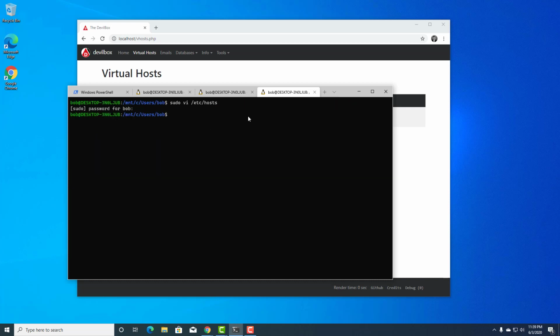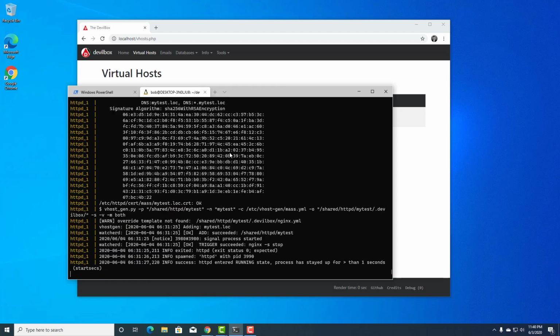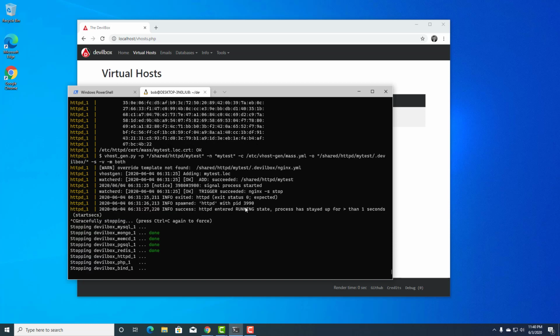Alright, so in my case, I didn't add anything because I wanted to show you how to restart Ubuntu. There is no simple way to do that. The official manual says that you need to restart your Windows in order to restart Ubuntu. And because I obviously didn't want to restart Windows each time I add a new virtual host, I found a way, and it's available online, you can probably find it too,